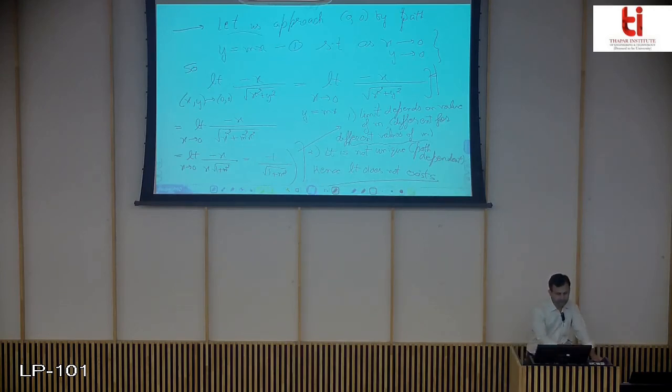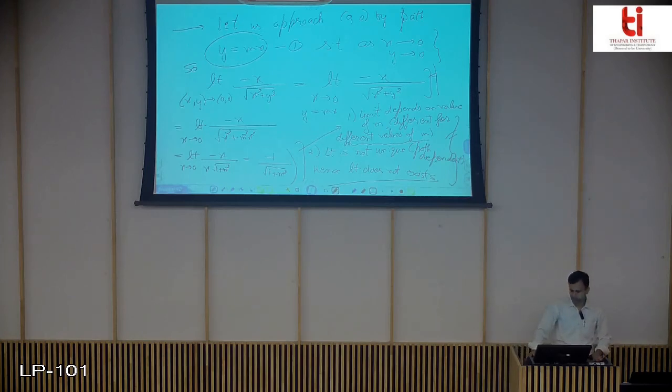y equals to mx is the path. You take y equals to x, you take y equals to 2x, you take y equals to 3x, and in a different path your limits will be different. So this is how we can use the two-path test to check whether the limit of a given function exists or not. So here in this case at least we were able to show that the limit does not exist. Because we were able to choose a path that passes through that point, and also in the numerator and denominator, the variable x gets cancelled.